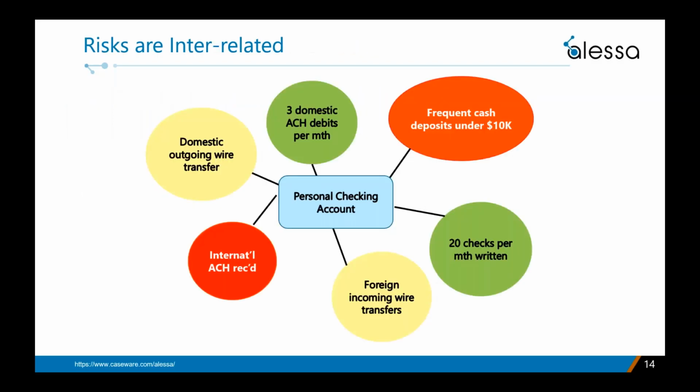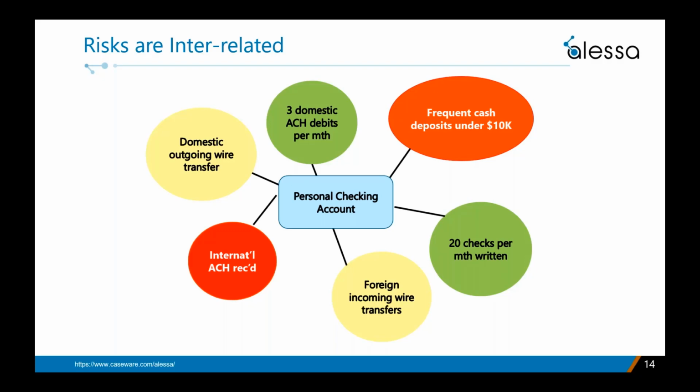Now, in this illustration, we have a simplistic example of how products, services, activities, and behaviors can all be interrelated. We're going to get into the specifics of all of these and more in the next section, but this gives you an overview. Here we have an account holder with one product, a personal checking account, and she's had it for about 6 months. Now, the regular activities she conducts on this account are writing about 20 checks every month and having her account debited every month for her phone bill or cable bill and her auto insurance.